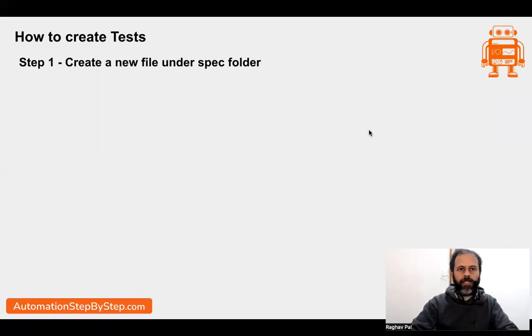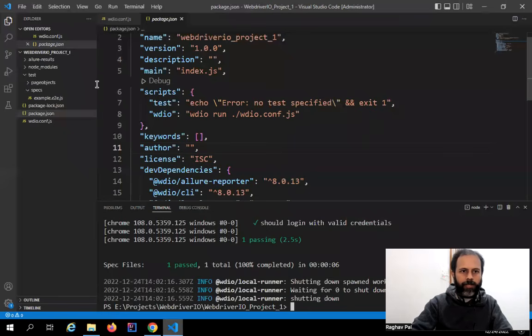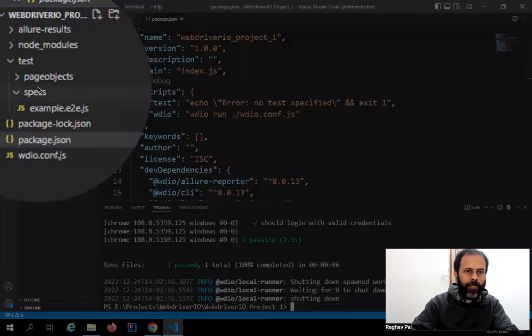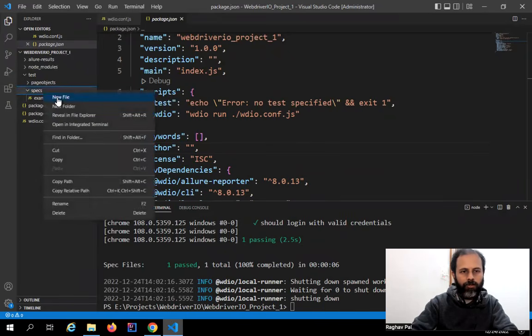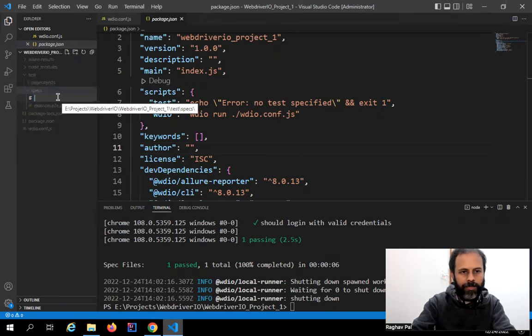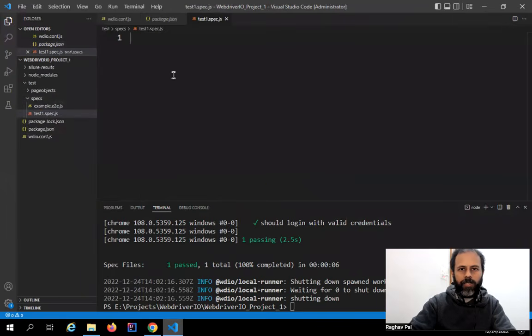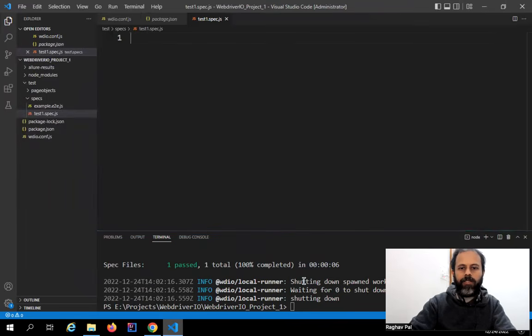Okay, here step number 1 is we will first create a new file under the spec folder. So let's go to our spec folder, which is here, and I will select the folder. And after selecting the folder, you can either press this icon that says new file, or you can just do a right click on the specs folder and say new file. And I can give any name. I will say test1.js or test1.spec.js. And we have got this file opened. This is a JavaScript file. And here we will now